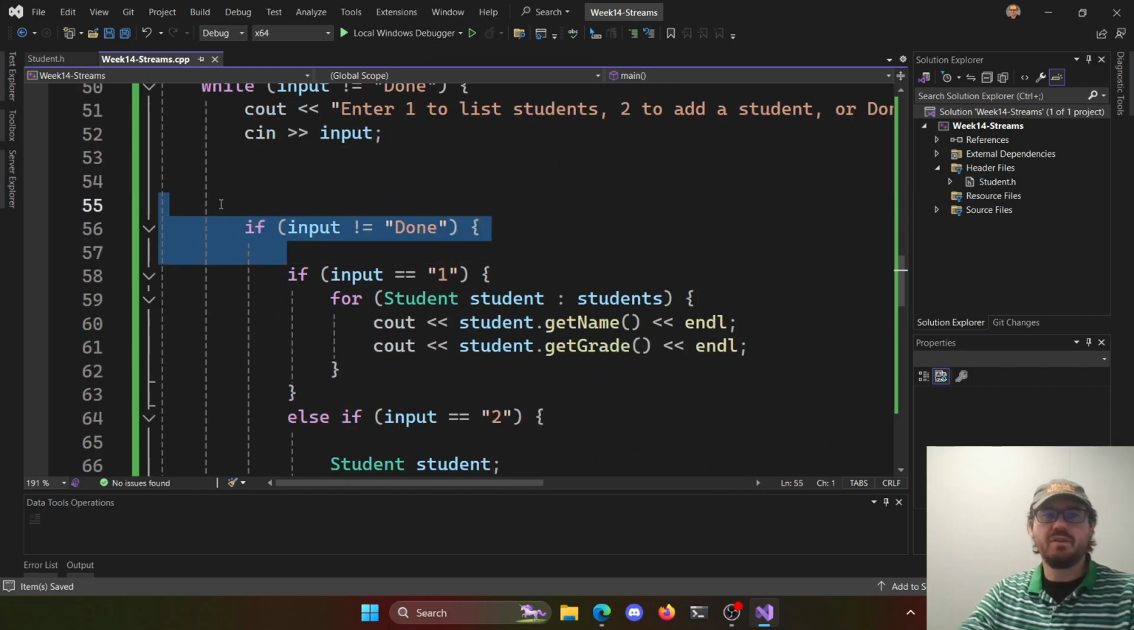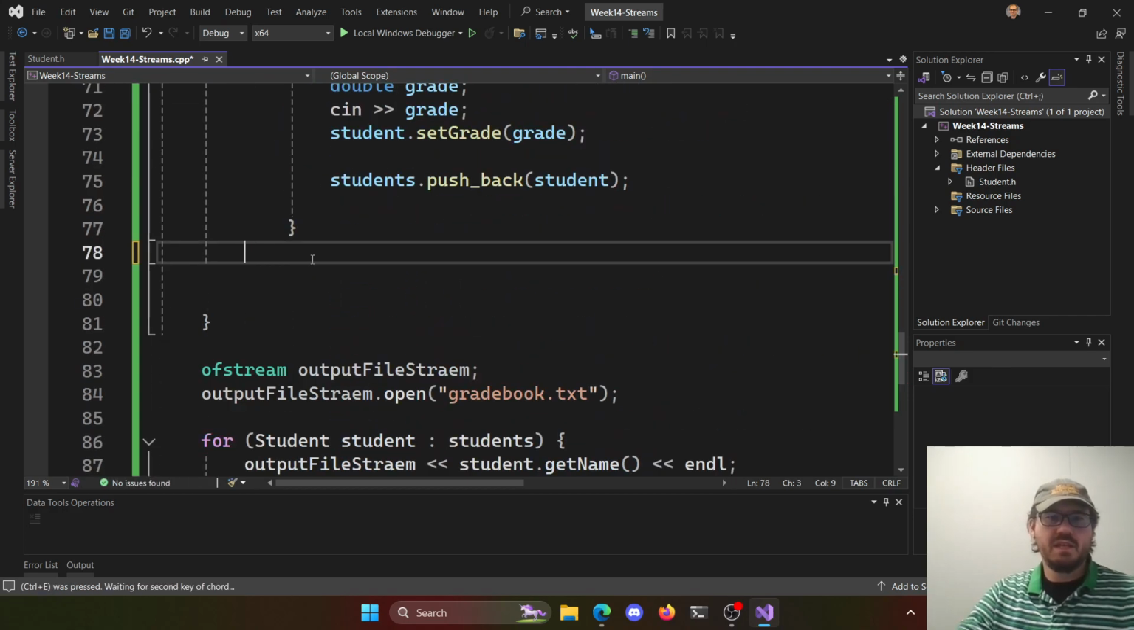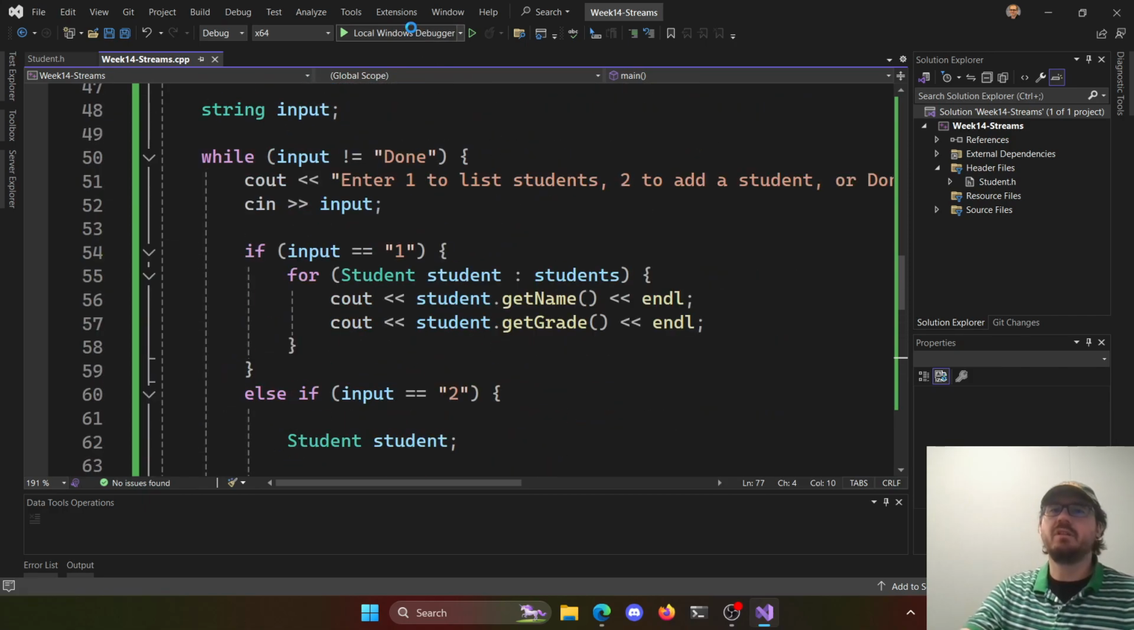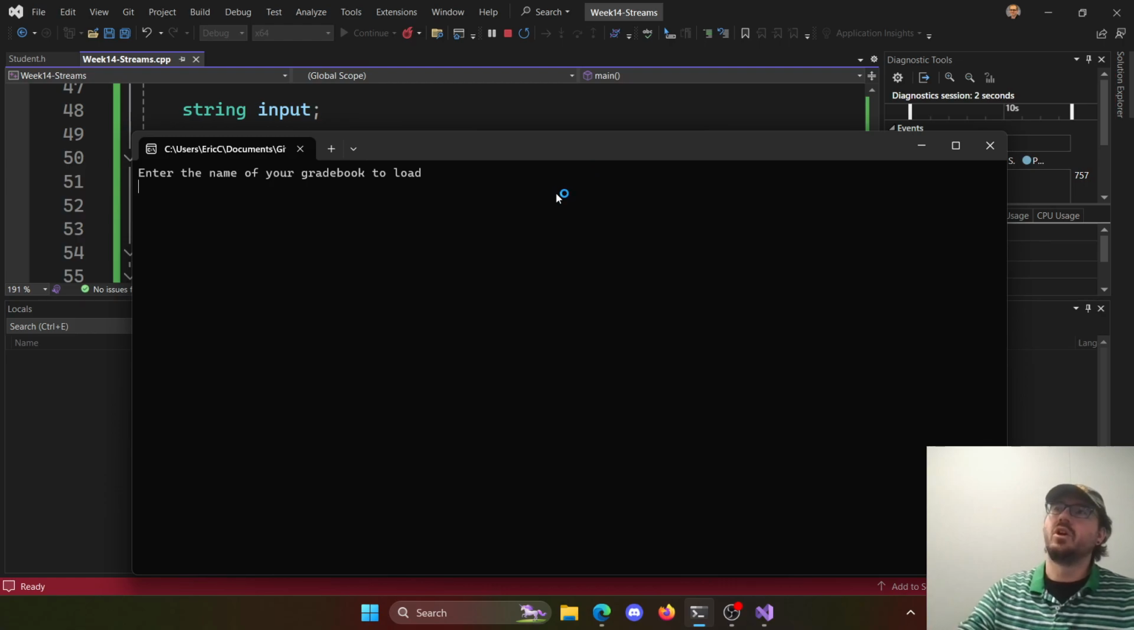I guess, yeah, that we don't even need if the input's not done. That's nice, because we can just say if it's 1 or a 2. Even better, saves us a little typing. All right, and then when we're done, we should then be able to rewrite the file at the end here, and it should overwrite. Remember, when you open the file, it's going to blow away what was there before. So here's our